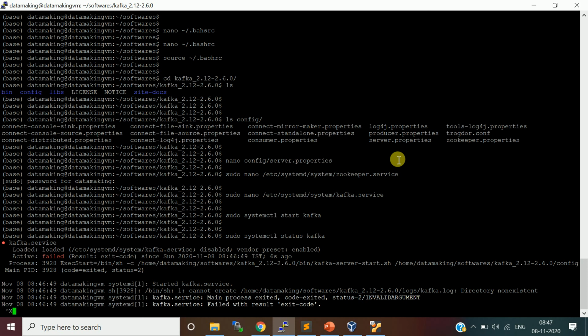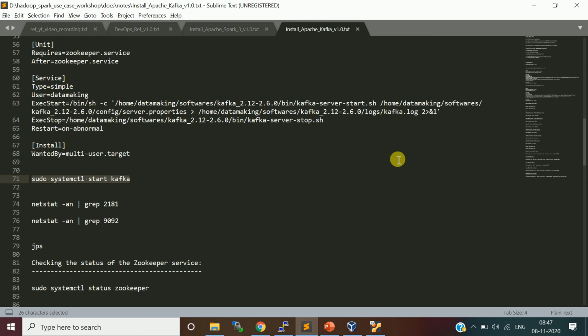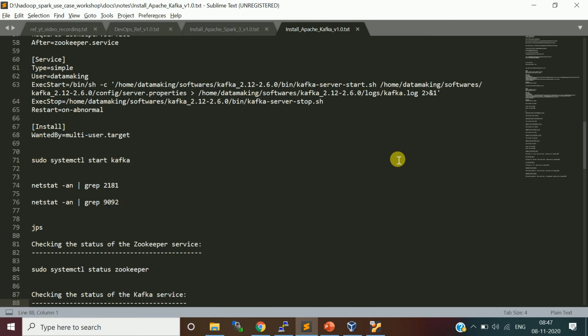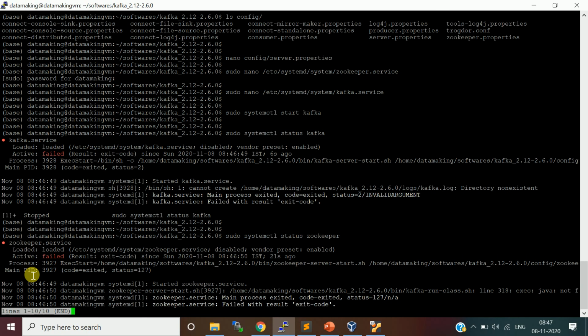I think I have to start ZooKeeper also. Let me check the status of this, it's also not running.